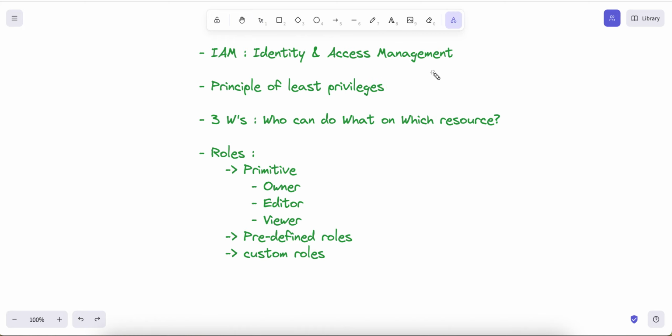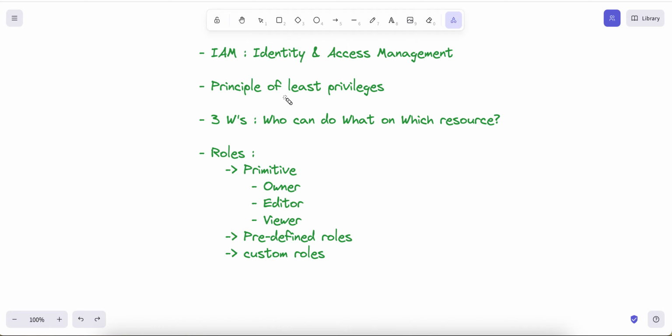This standard doesn't advise assigning any direct primitive role to a particular account. What it recommends, as we have already discussed, is to follow the principle of least privileges, where you give just as many permissions to a user as are needed to perform their